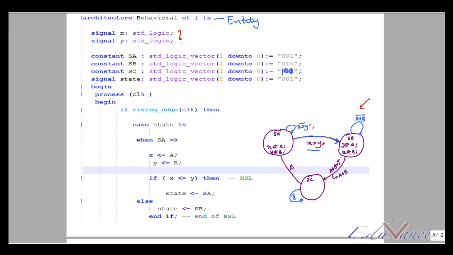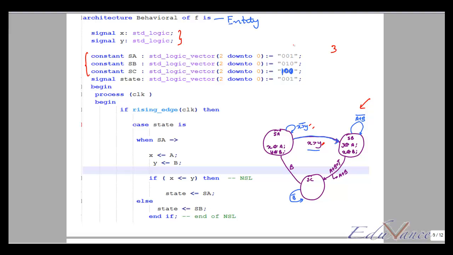First, I would define my signals X and Y, and then I would define my states as three constants of the type standard logic. Now, since there are three states, my total number of possible combinations is 3,